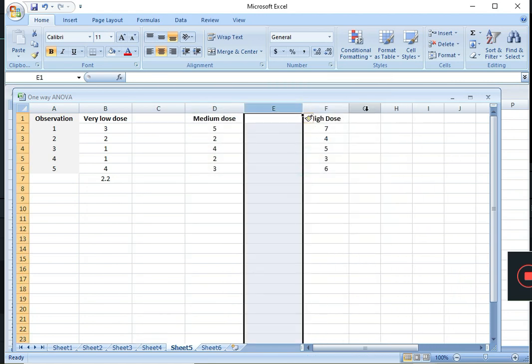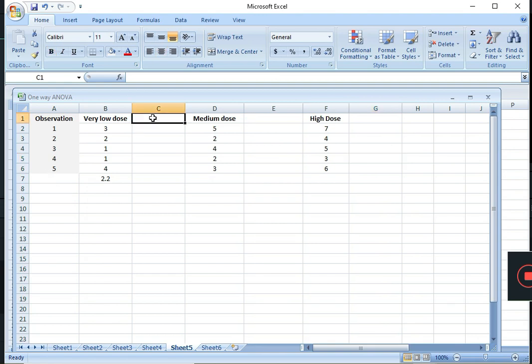Let me have some space to calculate. Okay, so I can simply copy and paste this formula. I have just copied and pasted. So this is the mean. You can see the average of F2 to F6 and the average of this, and then I apply a formula here, equal to, which is called SS, sum of squares. This is just a deviation. So let us keep it like this.